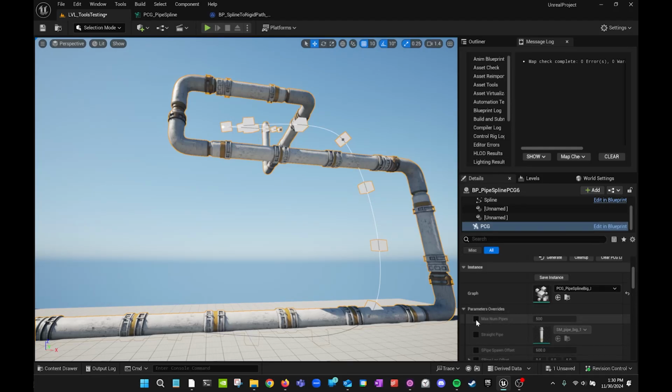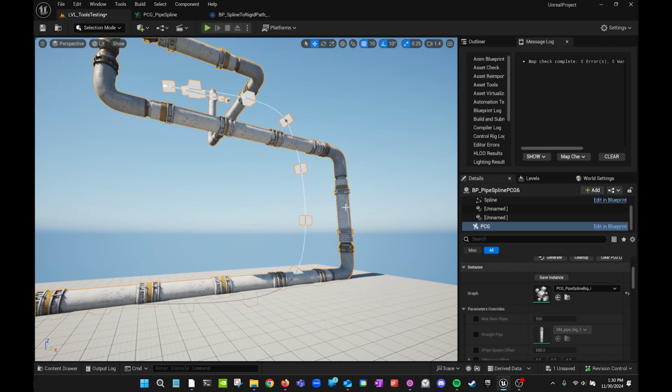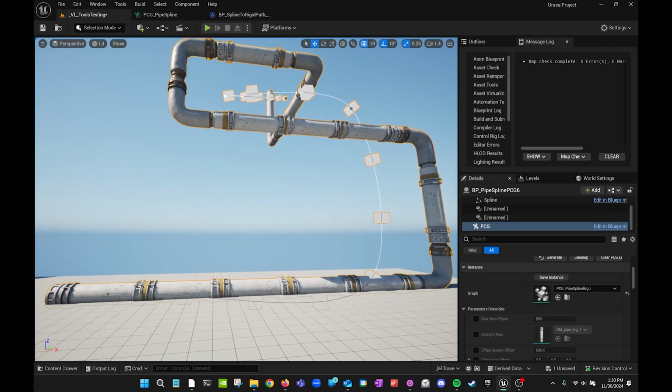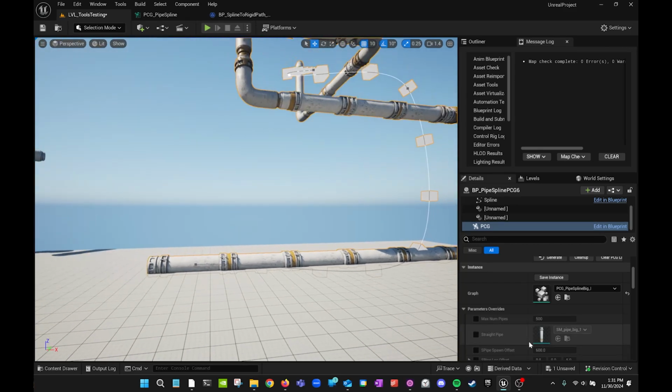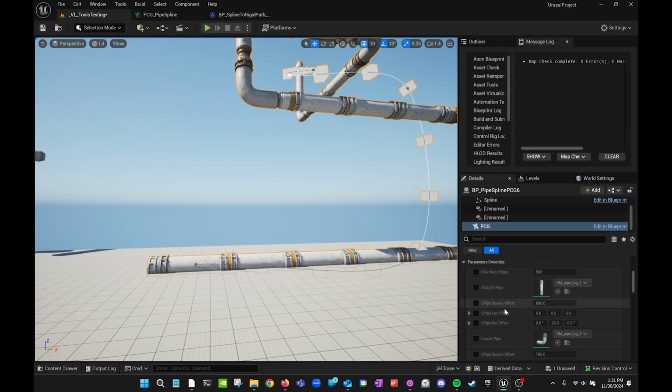The settings here are maximum number of pipes. This is mainly useful as a failsafe to prevent infinite loops, because there are some configurations of the pipe spline where the pipe might not be able to reach the points properly, and it'll keep spawning pipes infinitely. That might happen if these pipes are pretty big and you had this spline really tiny and bunched up; the pipes would be circling around the points, unable to reach them. So that prevents that. Of course, you can select what meshes you want to use here for the straight pieces